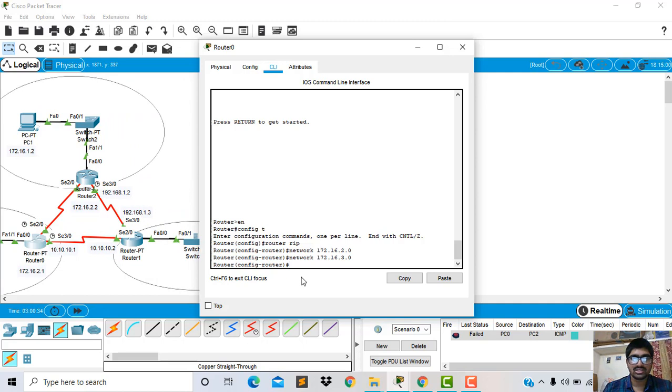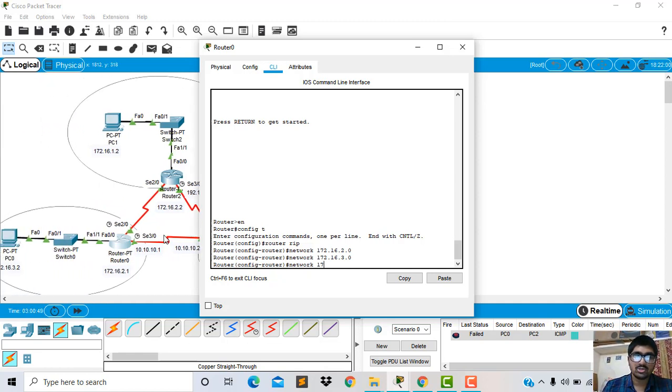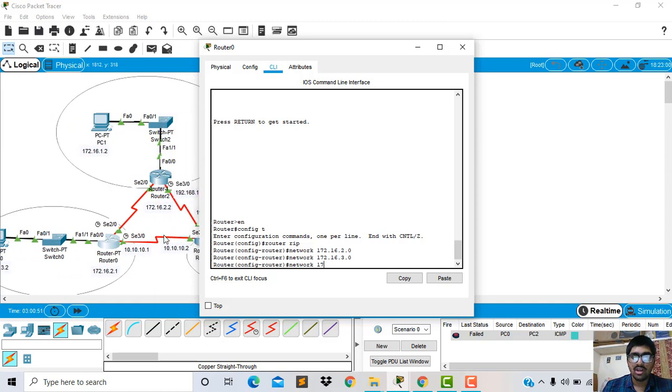Now we will go to the second LAN. The second LAN router network is 172.16.2.0. This is the main advantage of dynamic routing. If you want to send the packet from PC0 to PC1, I am giving the network address ending with 0.